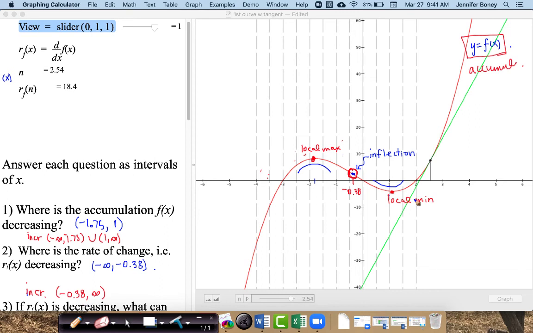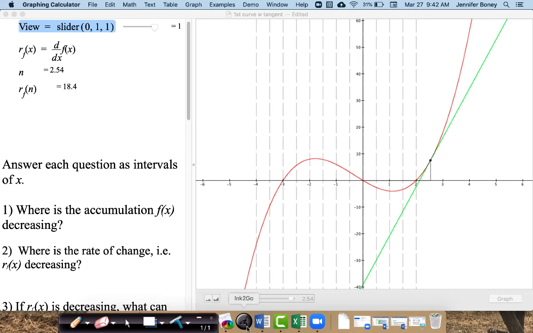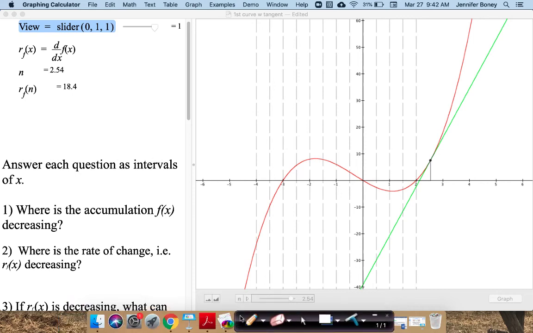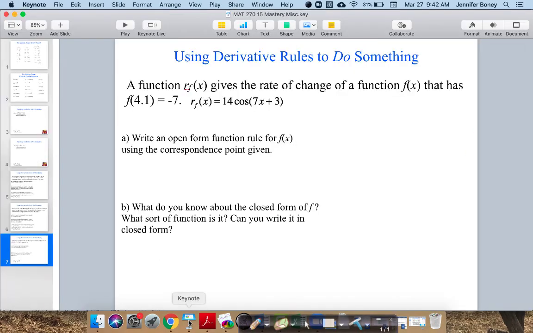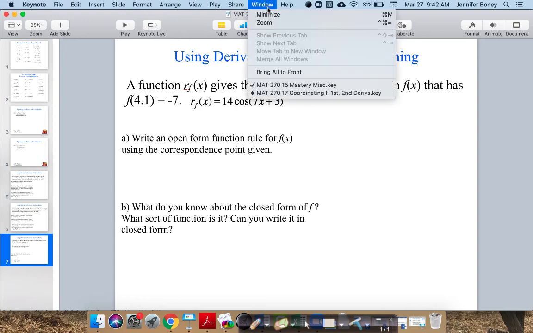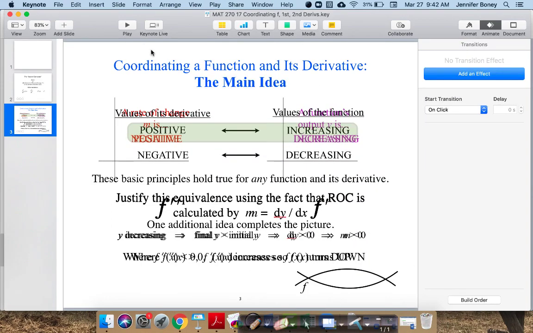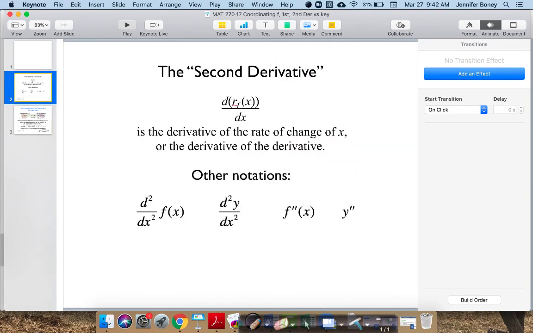All right, so let's go on and take a look at those concepts a little bit more and the idea of the rate of change decreasing versus increasing and what that all means, just briefly, and then we'll be finished with this. Clear that off. I've got another keynote for you. Someplace. All right, so